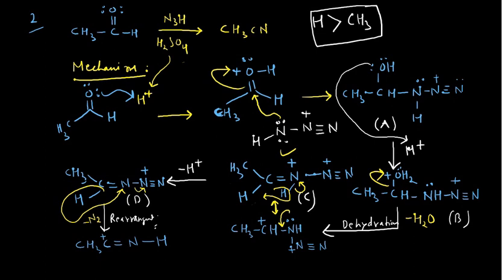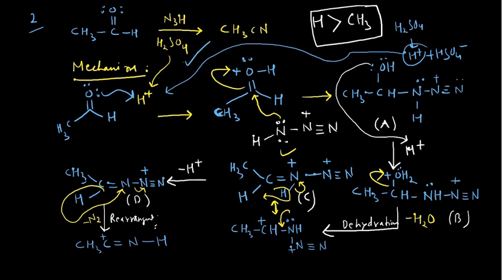And in the reaction, since you have used acetic acid, and if you have used H2SO4 and ionize it, it will give you H positive plus HSO4 negative. So this H positive you have already used here. Now you are left with the HSO4 negative. So what can happen? I can write here HSO4 negative. This can grab this proton and it will push back this electron pair between carbon and nitrogen, and this will give you your final product, and that final product would look like CH3C triple bond N.